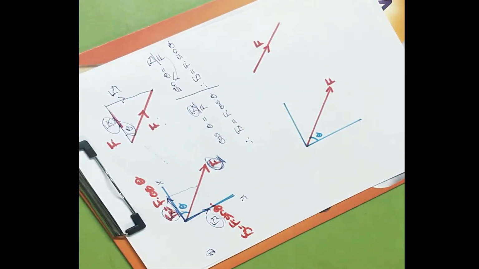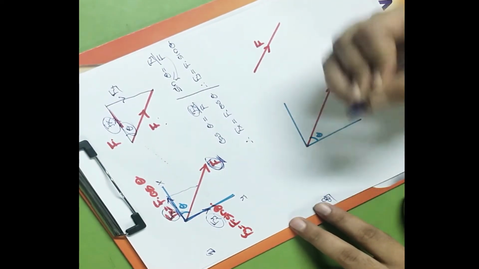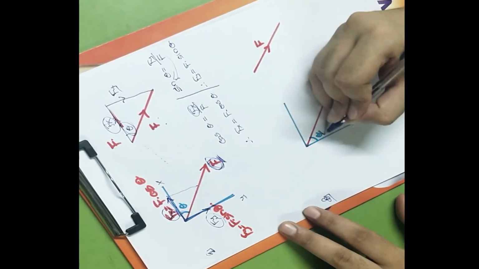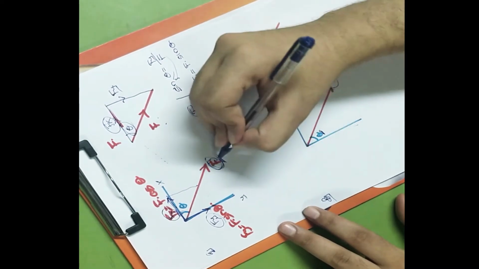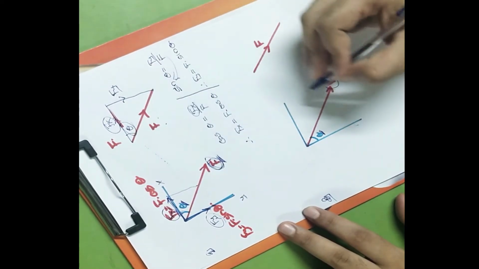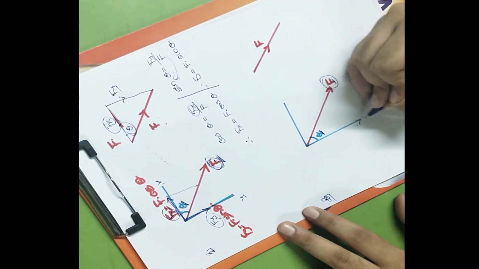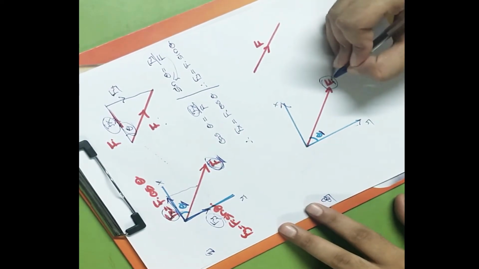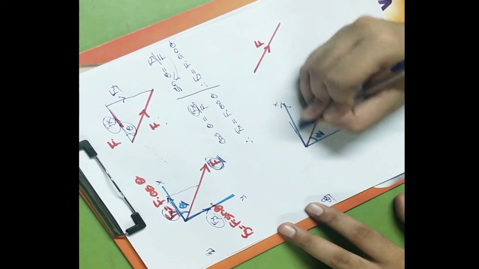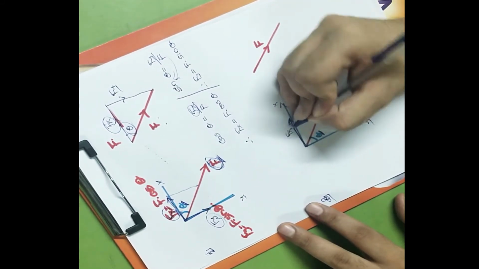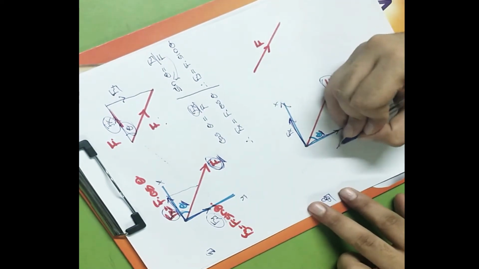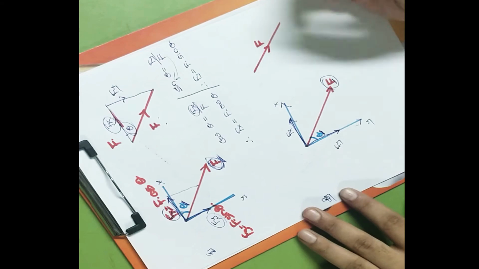Okay, now similarly I'll go for another case, that is case number 2. In case number 2, you will find that force F this time is making angle theta with the y axis. Here F was making angle theta with the x axis, this time F is making angle theta with the y axis. This is your x axis and this is the y axis. Now when I resolve this force F along the x and y components, this will form Fx, the component along the x direction, and this Fy, the component along the y direction.